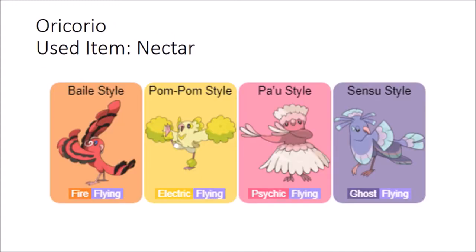The next category is another unique Pokemon, which is the only Pokemon that changes form using a used item. Like, that's an item that is not a key item, but it's still used on the Pokemon. So it's technically like the key item, but Nectar is not a key item. It's a regular item. You can collect as many of them as you want, and depending on if it's red Nectar, yellow Nectar, pink Nectar, or purple Nectar, you can change the style of the Oricorio into Bale, Pom Pom, Pow, or Sensu, which changes the